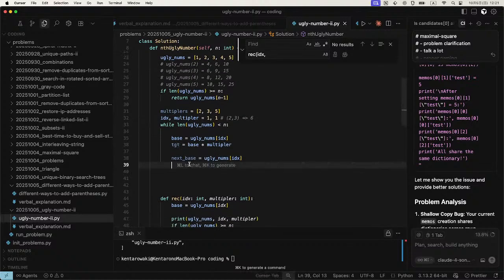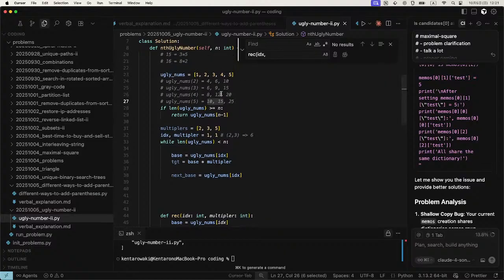So we have to check these two numbers. That means